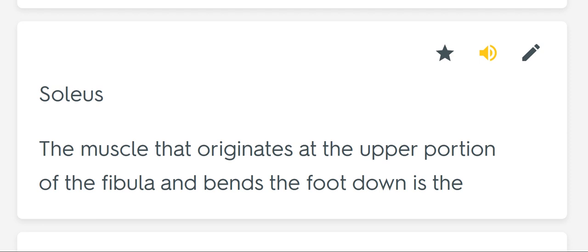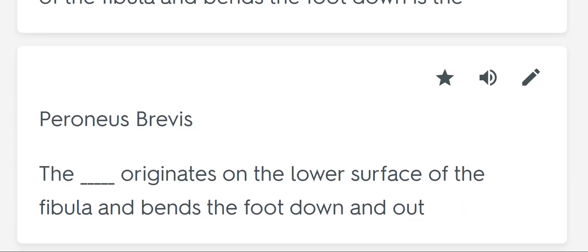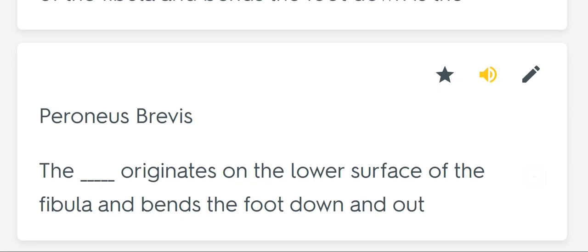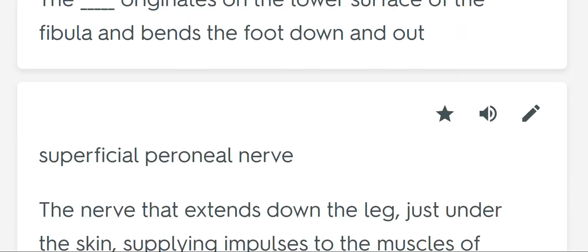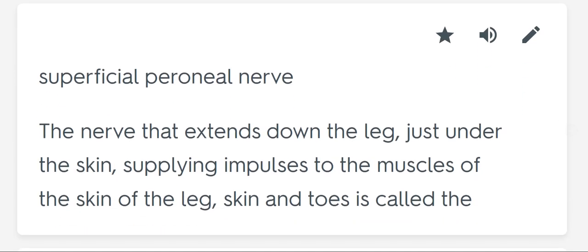Peroneus brevis. The blank originates on the lower surface of the fibula and bends the foot down and out. Superficial peroneal nerve. The nerve that extends down the leg just under the skin, supplying impulses to the muscles of the skin of the leg, skin and toes, is called the